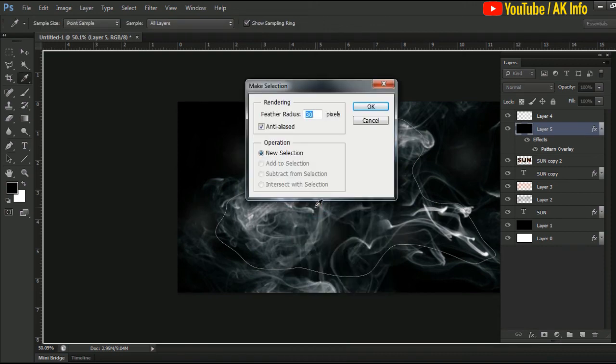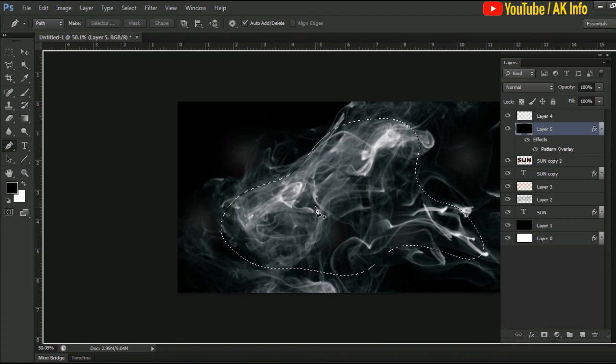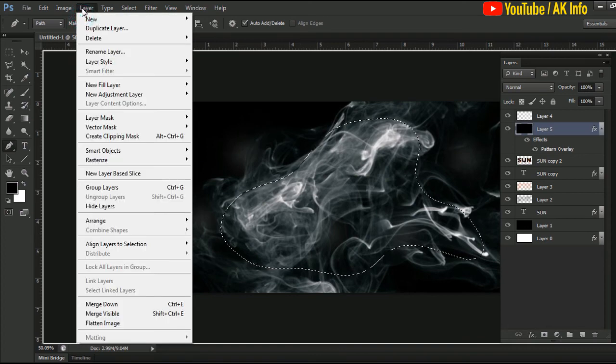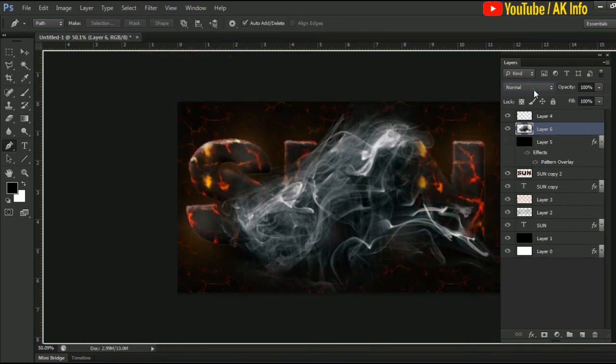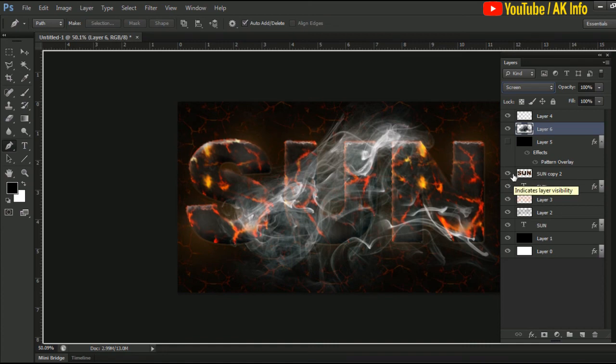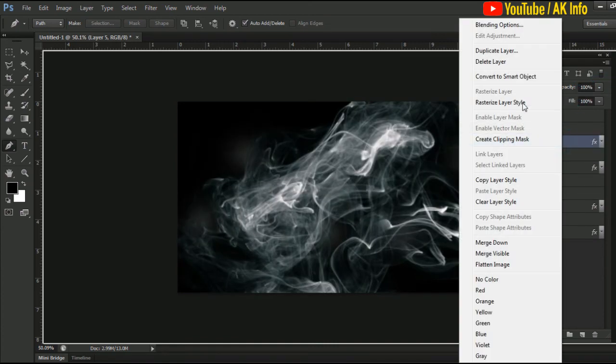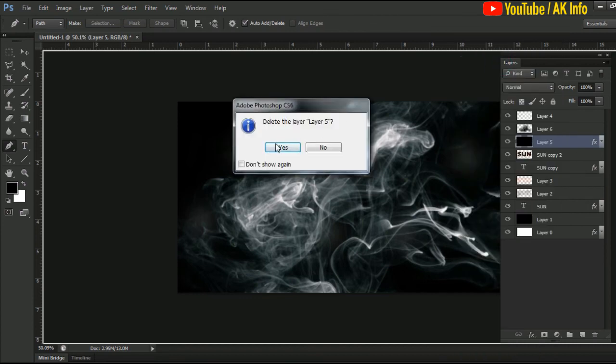Click on make selection. Give a feather as per your requirement. Now copy the selected part by layer via copy option. Now set the blending mode to screen and adjust the opacity and delete the old one.